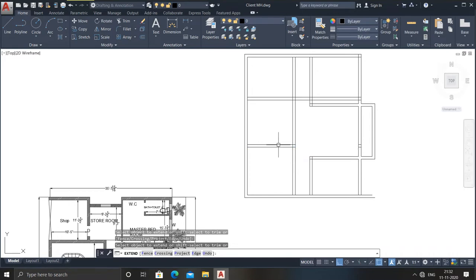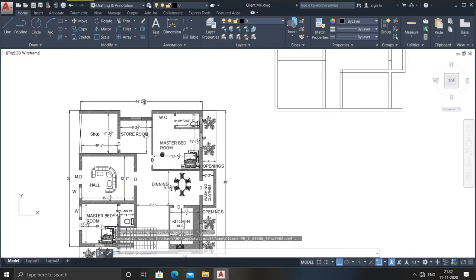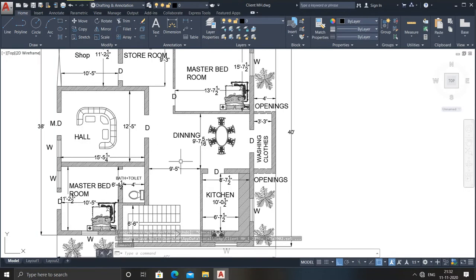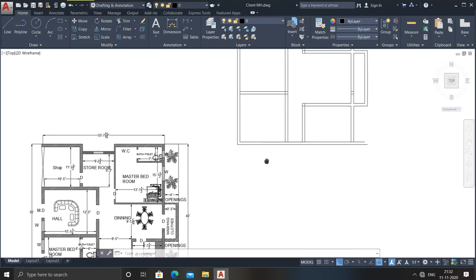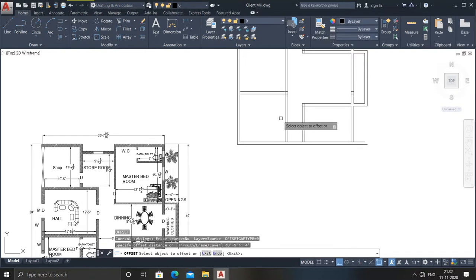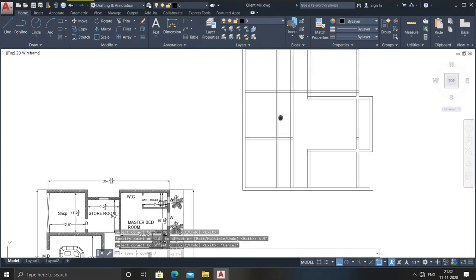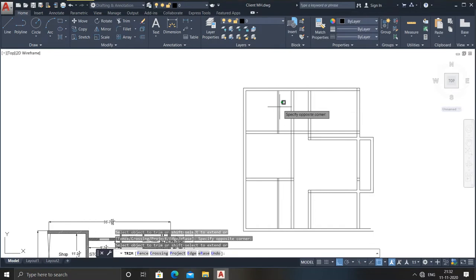Now after that, you can see it here, I need to provide the bathroom plus toilet. So what are the dimensions? 4 feet. Go for offset command of 4 feet, click it, just go for 4 feet. Now inside I will take 4.5 inches. 4.5 inches means one brick wall. Go for trim command, just go and trim it. Just trim this also. Just go for escape it.